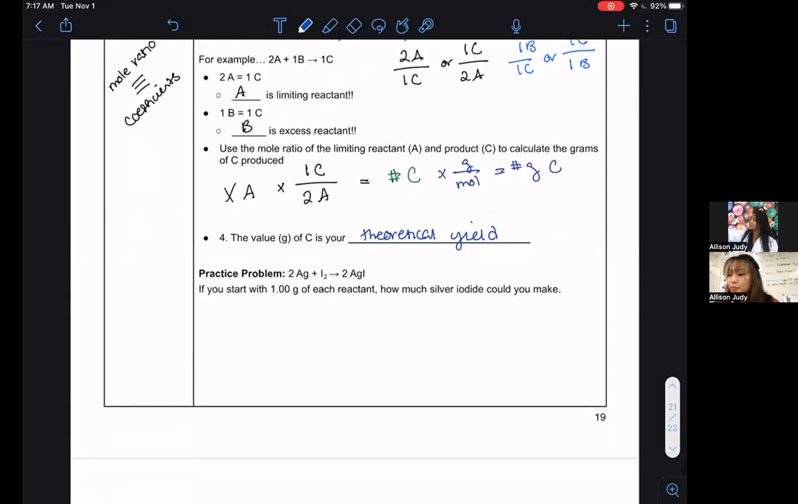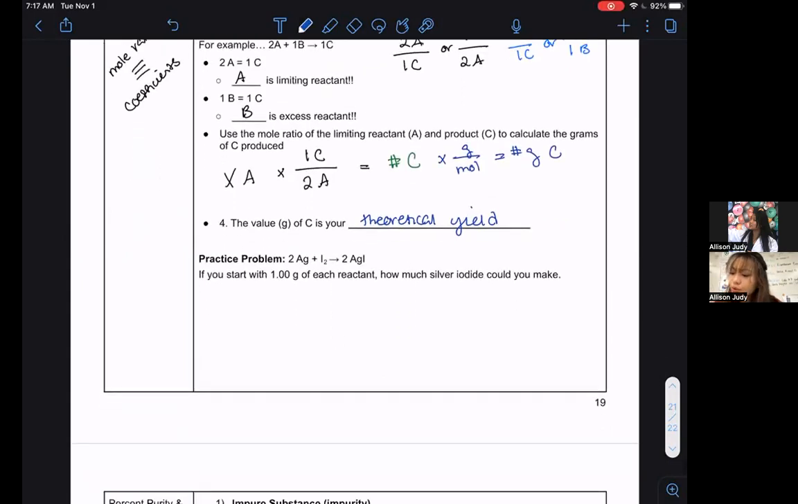So what would this look like now putting values in? Let's say I start with 1 gram of each reactant in this synthesis problem. I have for every 2 moles of silver metal, I need 1 mole of diatomic iodine to produce 2 moles of silver iodide. Okay. And so the question is, if I start with 1 gram of each reactant, how much silver iodide could you make? Now, looking at this equation, you probably would predict that silver most likely